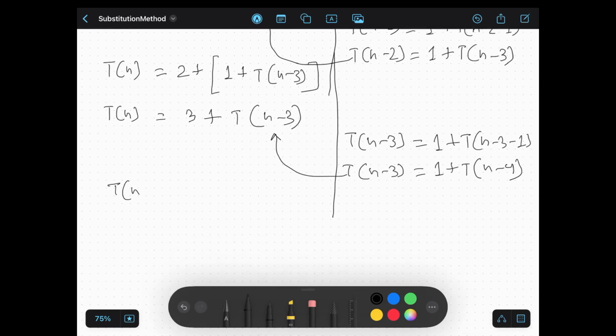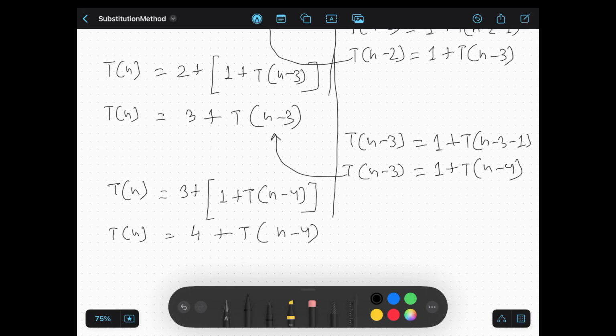So then this becomes 3 plus 1 plus T(n minus 4), and if we open the bigger bracket, this becomes